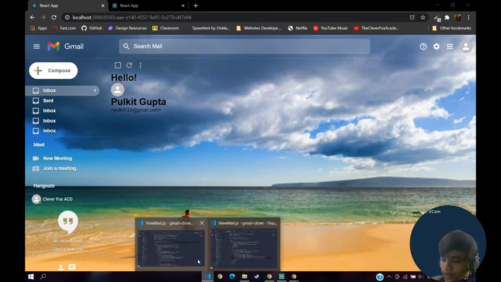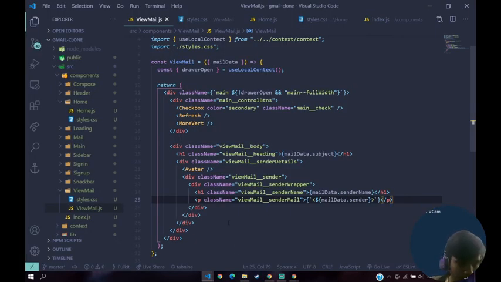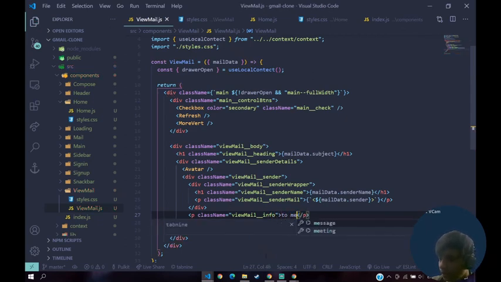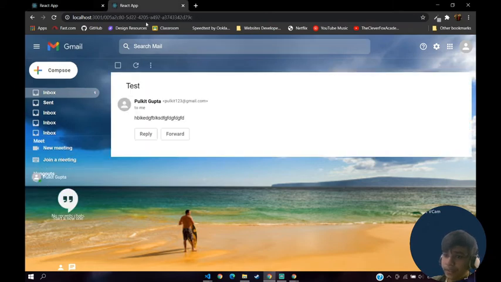Yeah, perfect. Okay, so now outside of this we are gonna create another p of class name of view mail underscore underscore info, in which we are gonna say to me. So to me is basically this thing here, and then we're gonna have a body and two buttons.